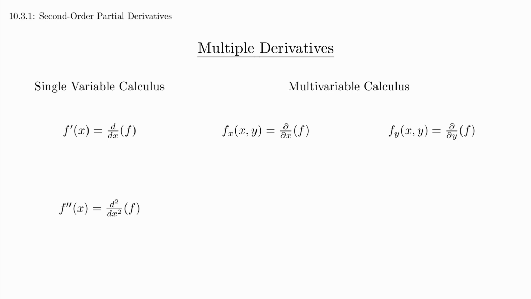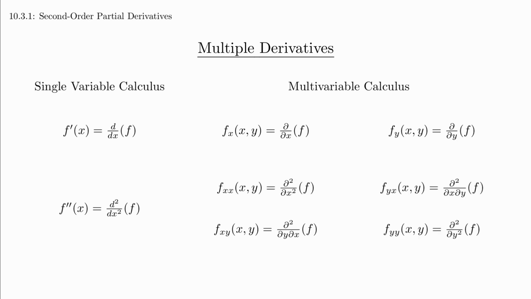The derivative of a function is itself a function, which means that we could take the derivative again. In single variable calculus, there's only one type of derivative, so it makes sense for us to say the second derivative. But as we saw in the previous section, if you have a function of two variables, then you have two first-order partial derivatives. If we were to take another derivative, we would again have two choices.